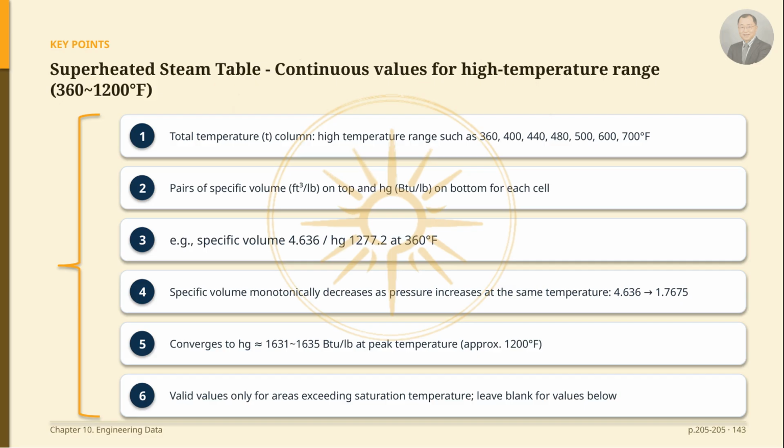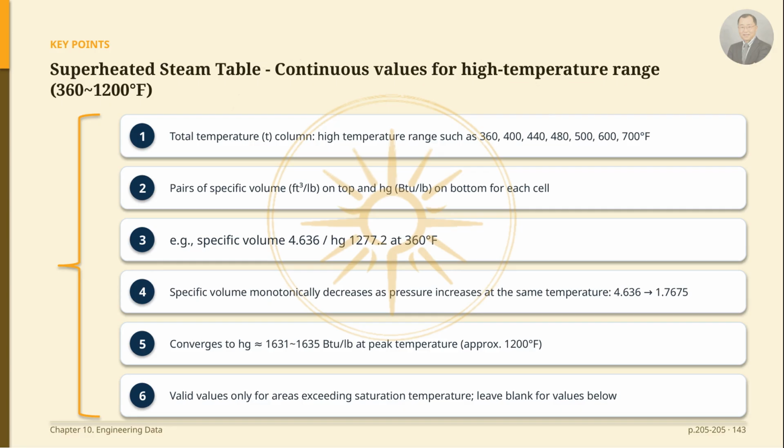This final section introduces the continuous data on the high temperature side of the intermediate pressure range table. Continuing from the previous page, the total temperature starts from 360 degrees Fahrenheit and extends to higher temperatures such as 400, 440, 480, 500, 600, and 700 degrees Fahrenheit. Each cell contains a pair of values, with the specific volume on top and the total heat, Hg, on the